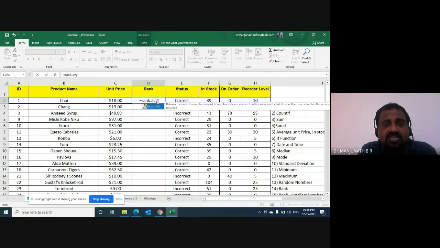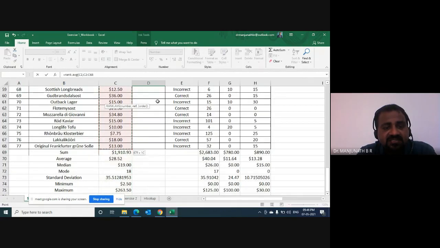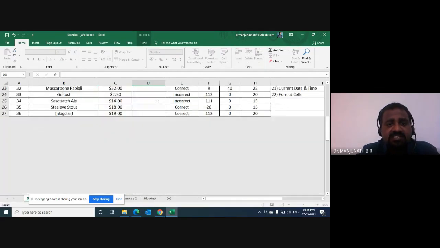Is equal to RANK.AVG, open the bracket, number same, comma, reference the same range, nothing changes, nothing new. And then I'll close the bracket, hit enter.